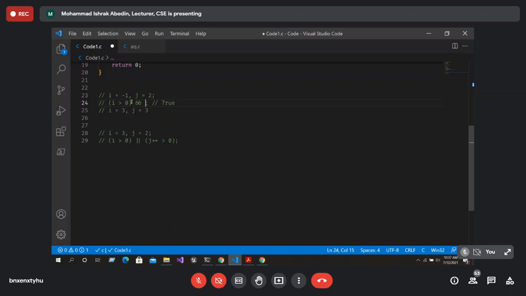If this one is false, C will simply skip the next part. It will not be evaluated. So whether it is ++j or j++ or maybe j is equal to 5,000, it doesn't matter. This part is being skipped. Are you getting me? Yes, sir, I got it. Since this one is false and they are in an AND relationship, it doesn't matter whether I have true or false here. The overall evaluation will be false, right? If the first part is false and they are in an AND relationship,